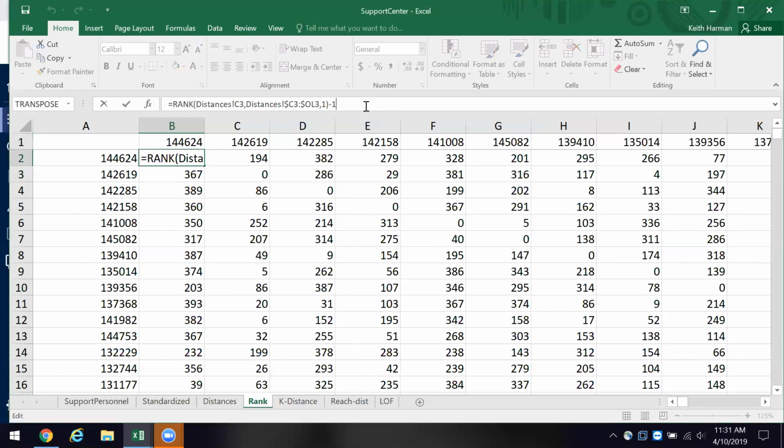So when we look at rank, we see the number, and that's the first piece of the dialogue, the number that you want to rank. Okay. And then we have the order. That's the reference order. This is an array or a list of numbers. And notice we are talking about the distances array.